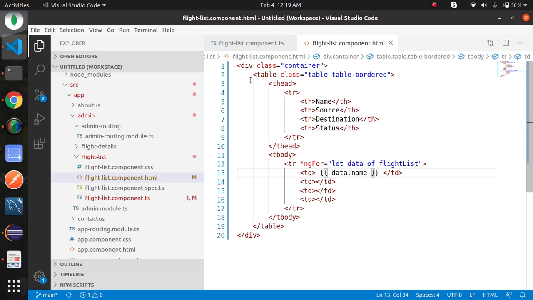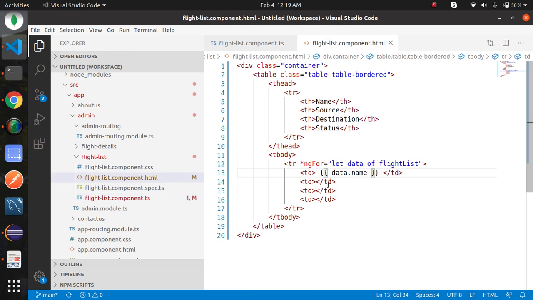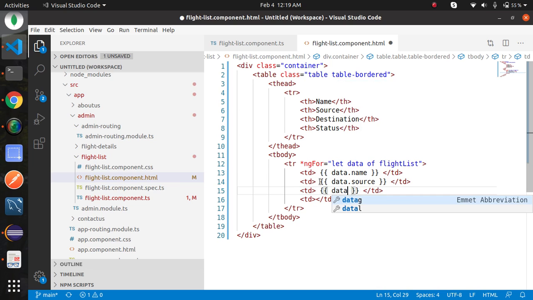If you look the flight list, we have given name key for the flight name, source for the source, destination for the destination, and status for the running status. Data dot source. Destination. Data dot status.